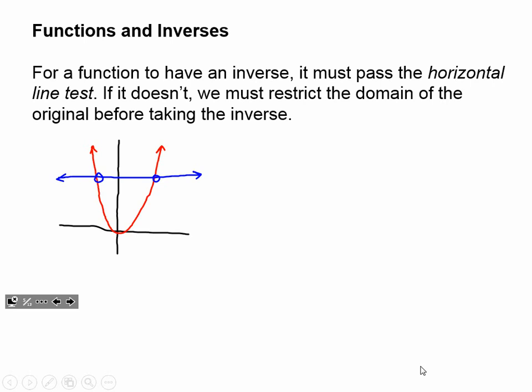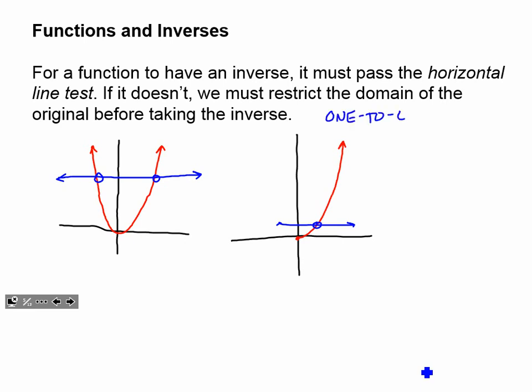So in this case, a parabola does not have a direct inverse. Instead, what we need to do is restrict the domain in order to get it to pass that horizontal line test. So what we might do is take that parabola, but only take x values greater than 0. That way, when we run our horizontal line test, we get one point where that horizontal line crosses. I know I have one input leading to one output only. Another term for that is one-to-one, meaning one input goes to only one output.